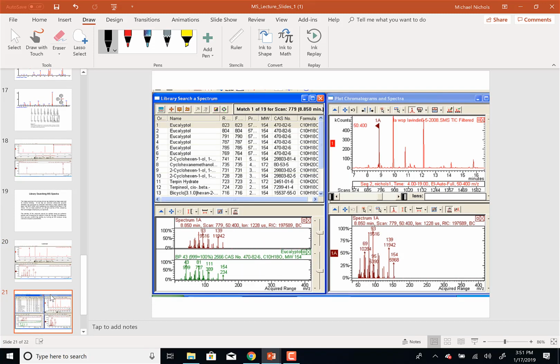So when you buy a GC Mass Spec at $80,000 plus, they will give you one and only one copy of a database that contains probably 200 and some thousand compounds. So what you do is you click on that peak, you come over here and you say, search that spectrum against the 100,000 or 200,000 or 300,000 compounds in the database, and it comes back and it says, you know what? This one is a